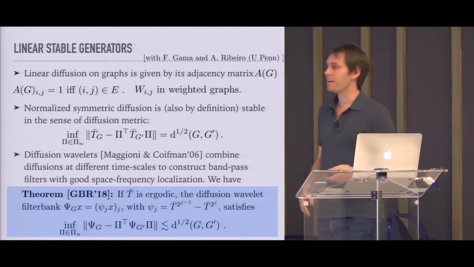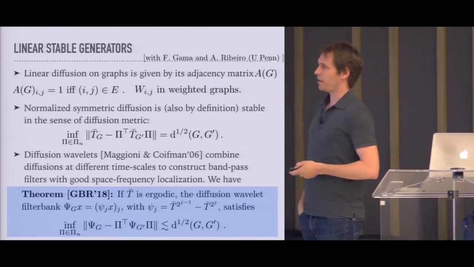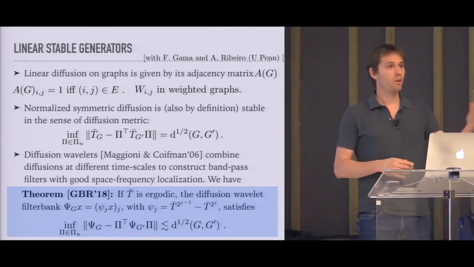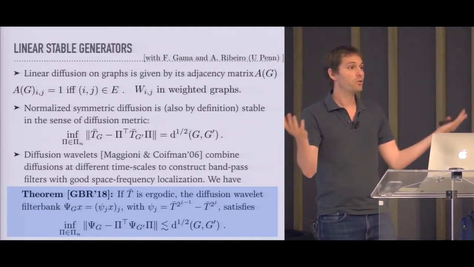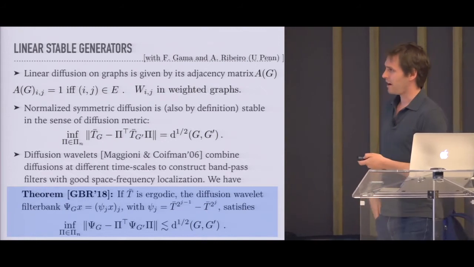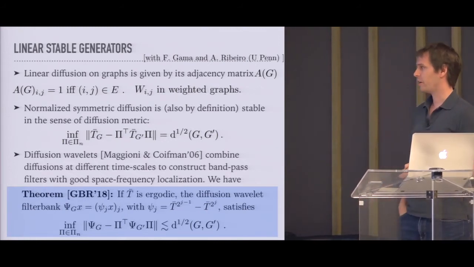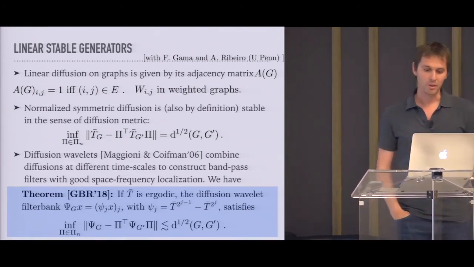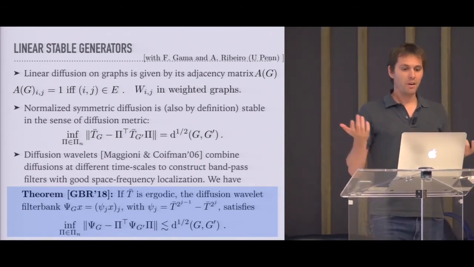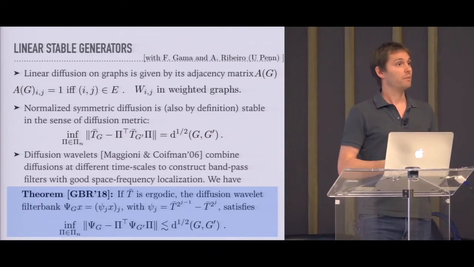So basically, this idea, you can plug it without much effort. And to show that once you have a low-pass filter on a graph, essentially you also have a family, you have a high-pass filter. And then this high-pass filter, in the case, again, using diffusion, you can also show that it's also stable to deformation. Okay, so essentially, now in a graph, we have a low-pass filter and a high-pass filter, that both are local